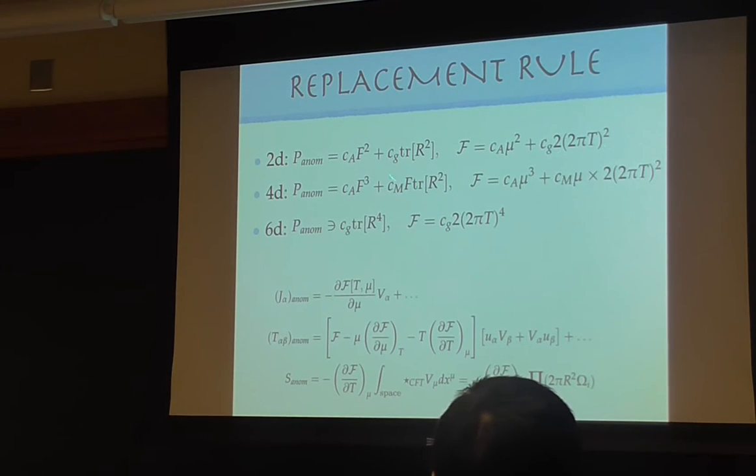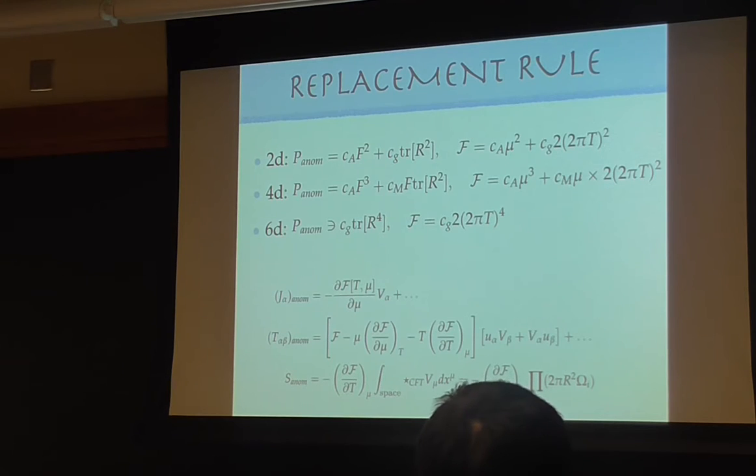So in 2D, if I just consider a U(1) abelian gauge field as background, there are two types of anomaly. There's the gravitational one, which is c_L minus c_R, left minus right, and there's also F squared, which is just the gauge field. And for the anomaly polynomial, I replace F by mu, and replace R squared with T squared. In 4D, they are slightly more structured because you can mix the two, basically multiply F on the whole thing, and you get something that looks like mu T squared and mu cubed.